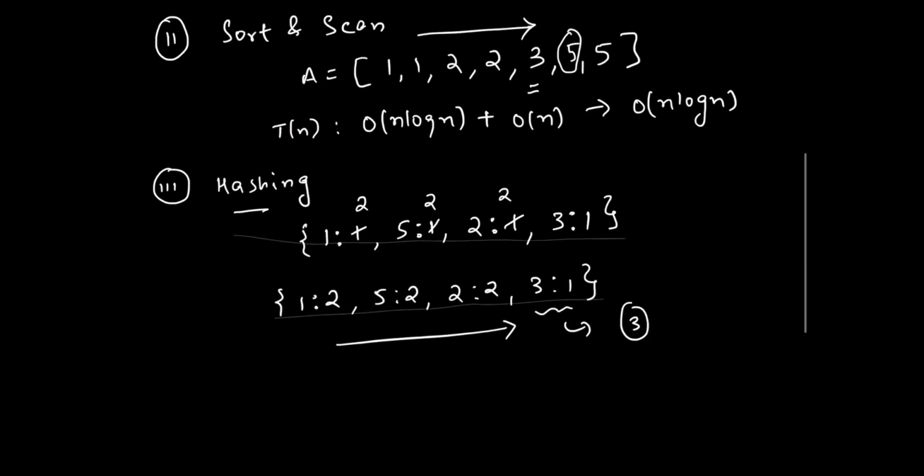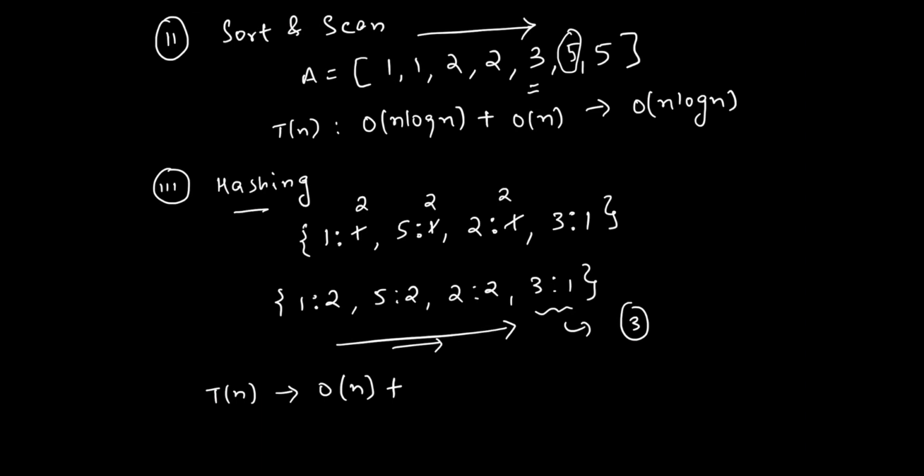Now let's observe what will be the time complexity for this, right? So to create the hash map, right, and store the count, we took one scan of the entire array. So that is going to cost us big O of n, right? And in the next scan, we are basically scanning the hash map to check which element has count 1, right? So that is also going to take us big O of n in worst case, right? So this is overall going to give us big O of n complexity.